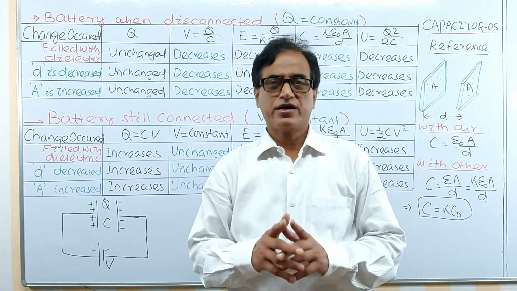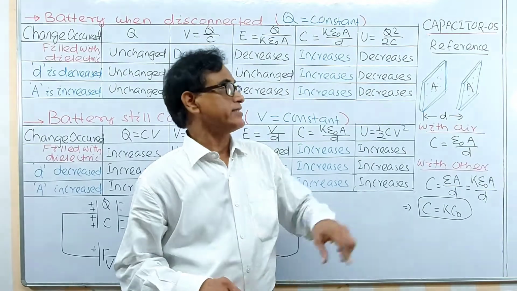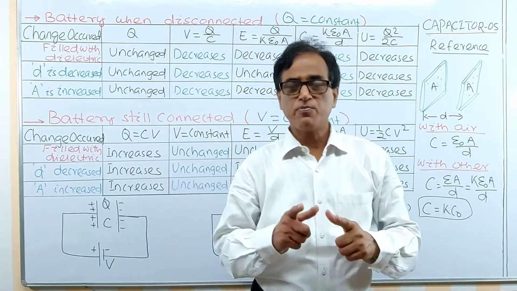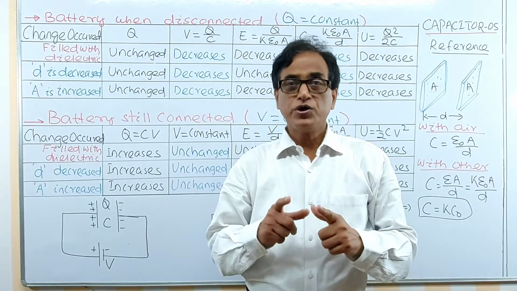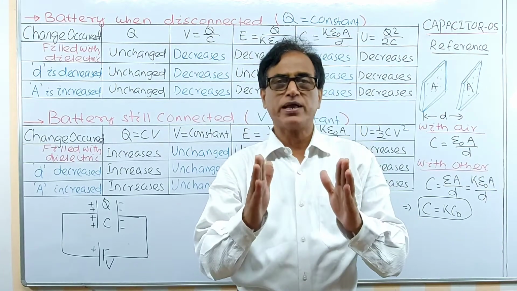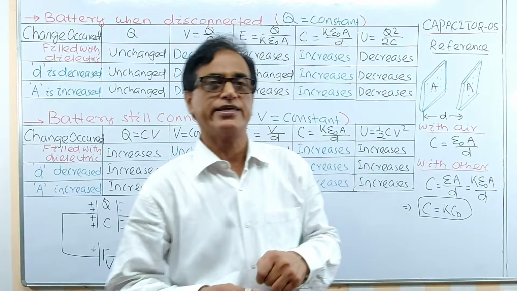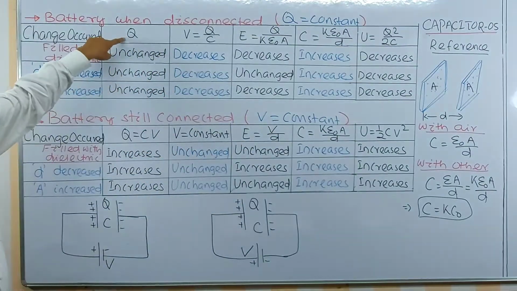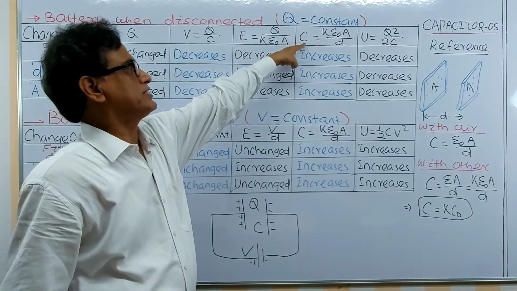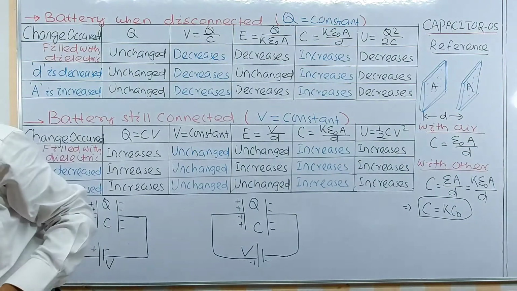As we have discussed earlier in chapter 4, now in chapter 5 we will discuss parallel plate capacitor with and without dielectric and the effect of distance between the plates, area of the plates on different factors like charge, voltage, electric field, capacitance of the capacitor, energy stored in the capacitor. Prior to that,